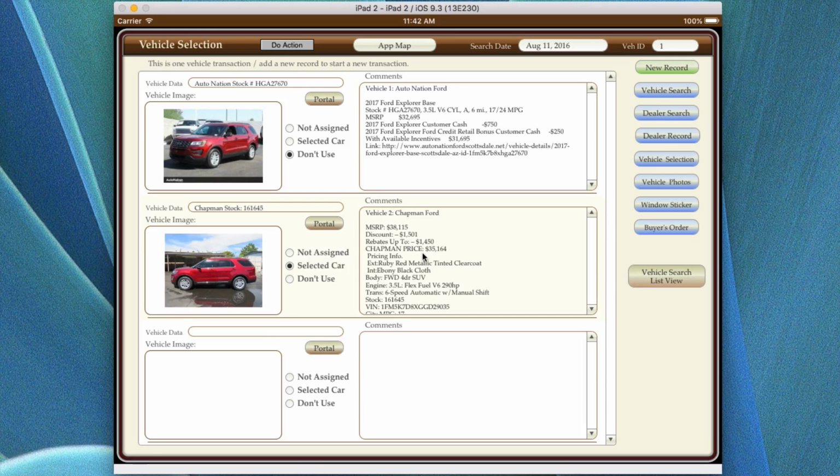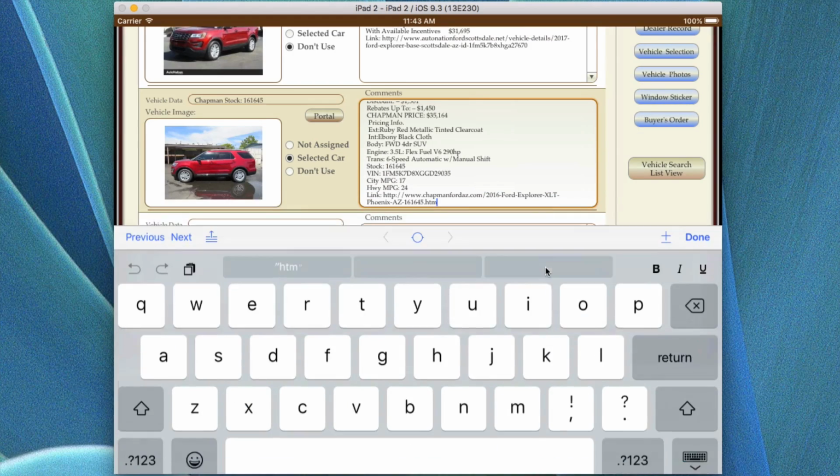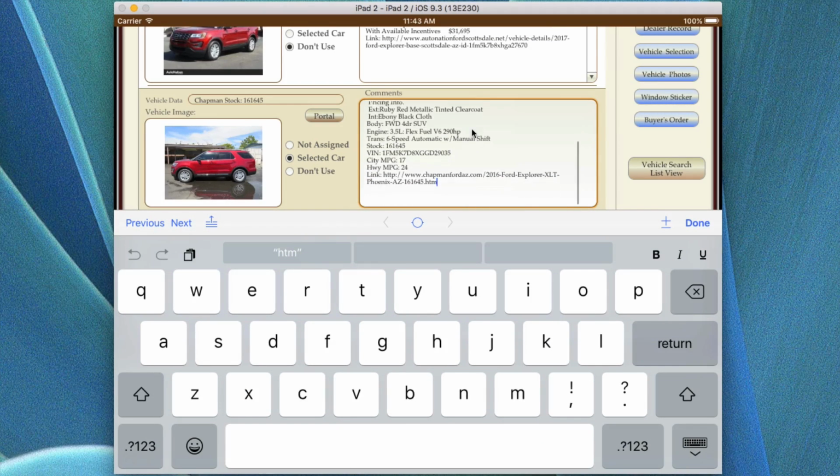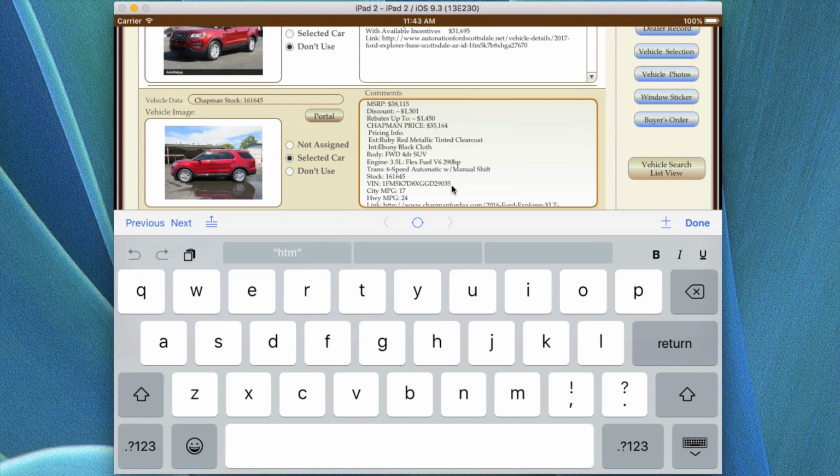Now, it's very important to understand that these have packages. What is a package? A package includes additional equipment on new vehicles, where they describe the individual additional items that are added. In this particular case, this dealer actually added additional information, where if I scroll up, I can see it in here. And by the way, they also added the VIN. If you wanted to go to the sticker website and put that VIN number in, it will give you a copy of the sticker